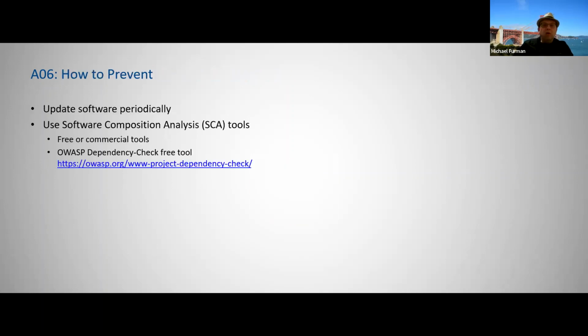If you use this type of component, maybe you need to update your components and you're vulnerable. Okay, how do you handle it? Just update your software periodically. Use some SCA, software composition analysis tools. You can use free or commercial ones. This is an example of an additional OWASP project, OWASP Dependency-Check. It's a free tool that will help you to handle these issues. Okay,